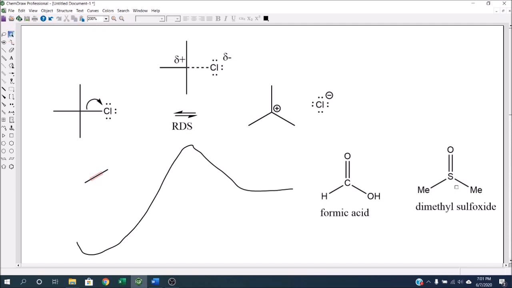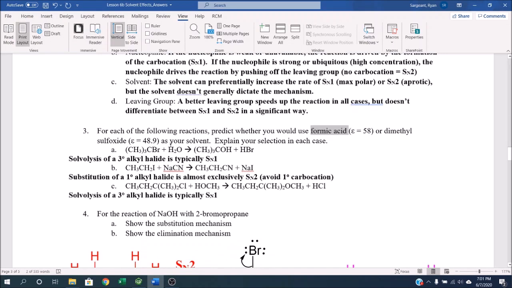So for an SN1 reaction, you choose whichever one is more polar. For an SN2 reaction, I want to avoid formic acid because it's a protic solvent. So if we go back to the question, I went ahead and made a note here that this is a tertiary alkyl halide. This is a solvolysis reaction. So solvolysis of a tertiary alkyl halide is typically SN1, and